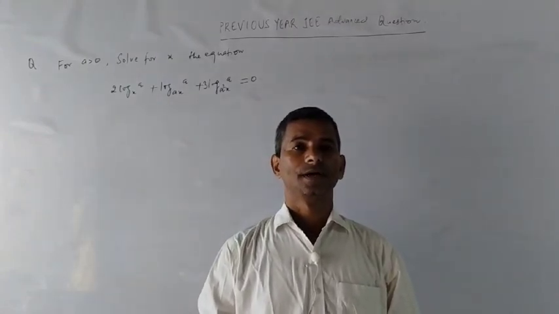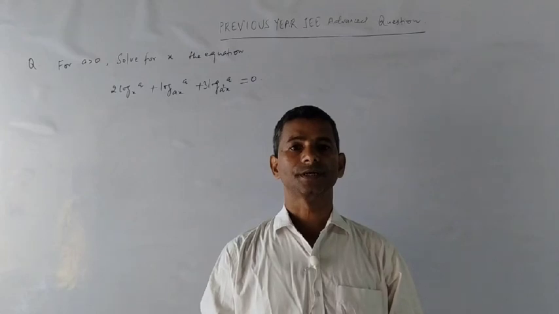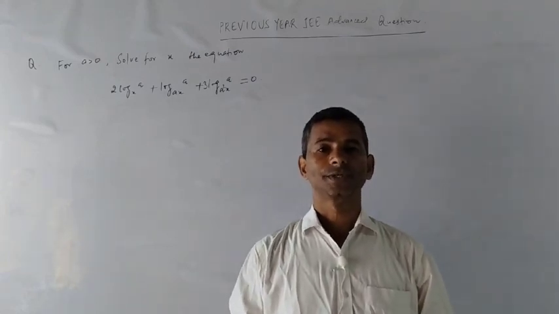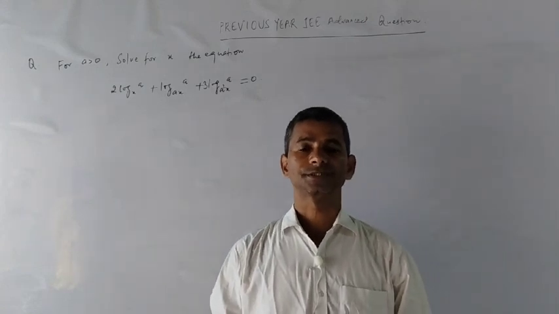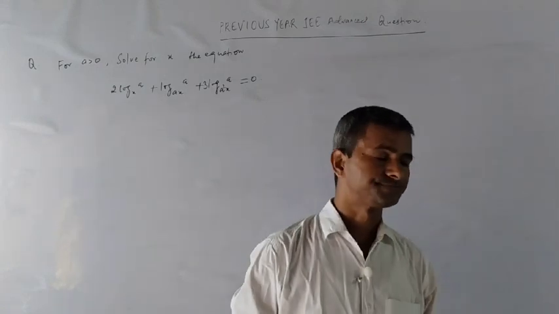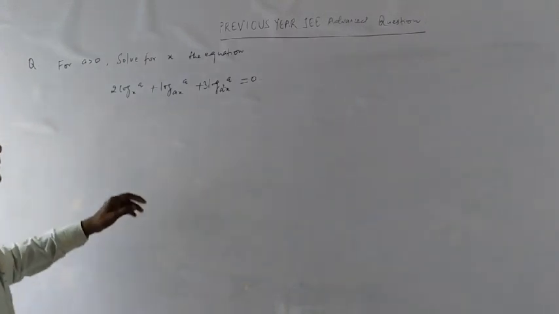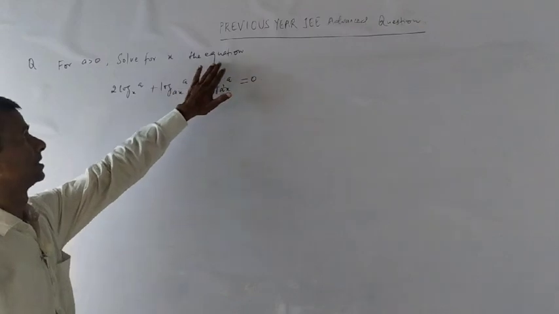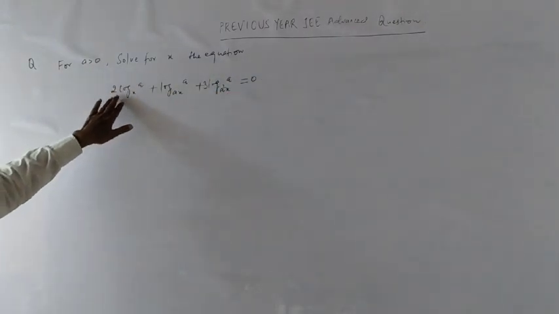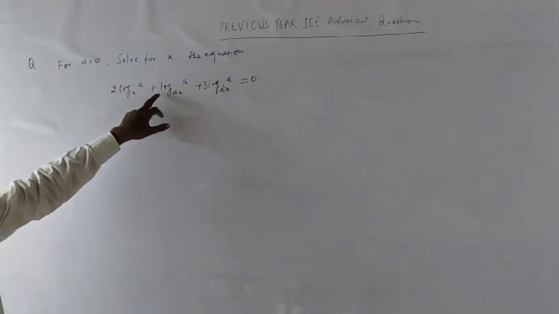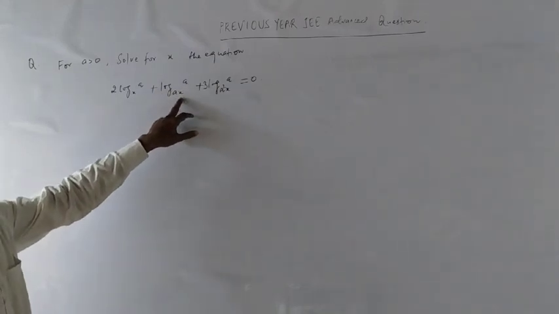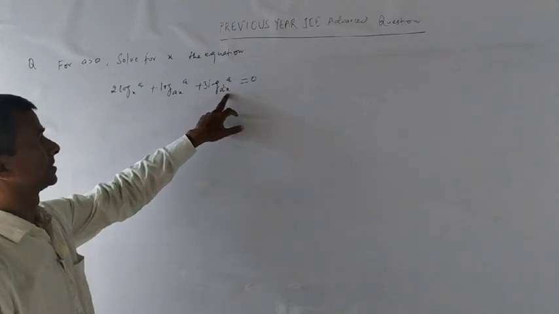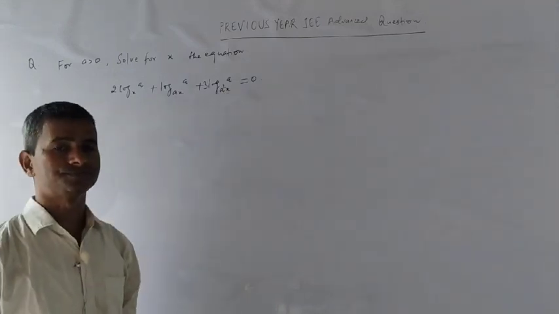नमस्कार। आइए क्वेश्चन को देखते हैं जो प्रीवियस ईयर IIT JEE में पूछा गया सवाल है। सबसे पहले क्वेश्चन को रीड करते हैं और उसके बाद उसका स्टेप बाय स्टेप सॉल्यूशन देखेंगे। क्वेश्चन है कि for a greater than 0, solve for x the equation 2 times log of a to the base x plus log of a to the base ax plus 3 times log of a to the base a square x is equal to 0।